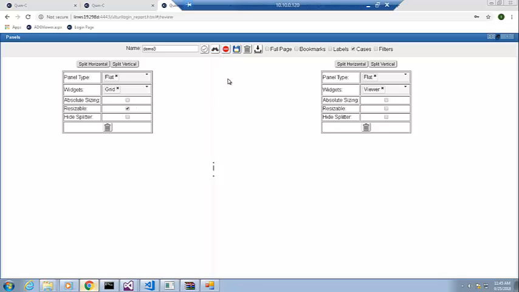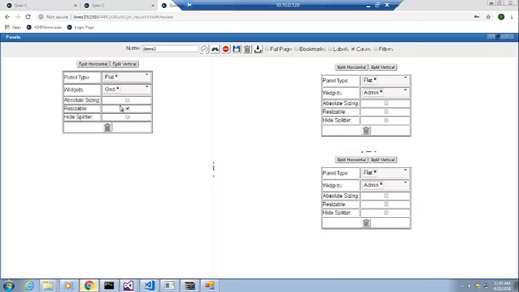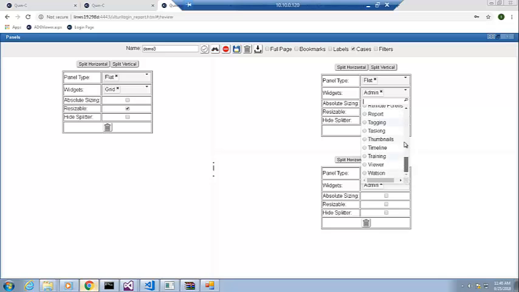Okay, so you can split it as many times as you want. You could have split this one, split along the vertical, and now we have a 3-panel view. You could put anything in these things. Any of the widgets that are available, you can put in. You can even put in